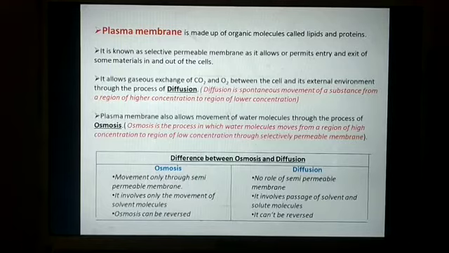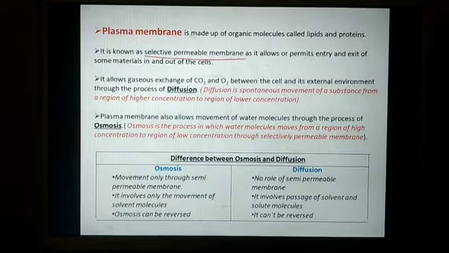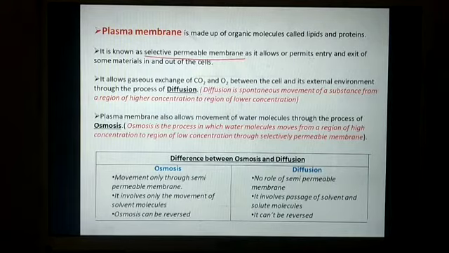Now this membrane is known as a selectively permeable membrane. Why? Permeable means it can allow entry and exit of different substances through it. Selective means it permits only some substances, not all. One of the things that it allows